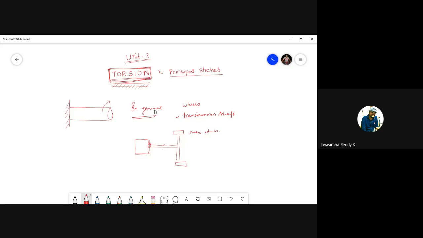So there will be a transmission shaft which transmits power from an engine to the wheels. So this is the wheel shaft. This is the transmission shaft or propeller shaft. We call this a